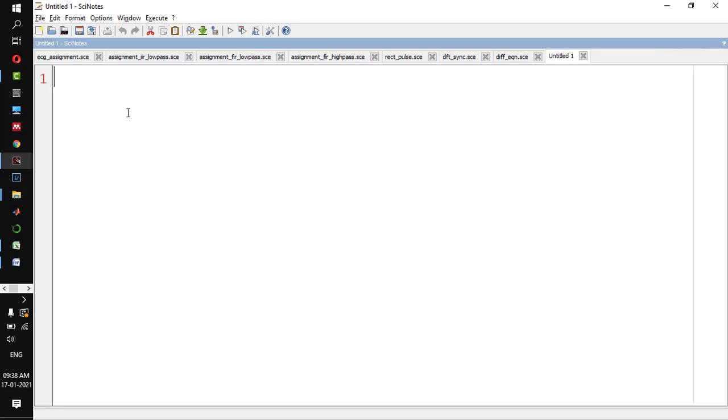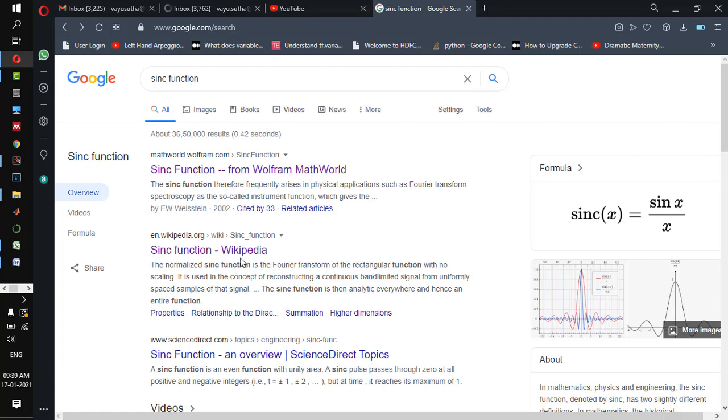Hello everyone. In this video, we'll try to write a Scilab code to get the DFT of a sinc function. Before we write the code, we will see what a sinc function is and where we use this sinc function. So if you just search for sinc function and open Wikipedia on sinc function,